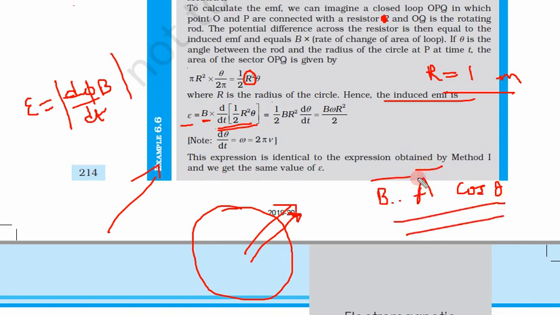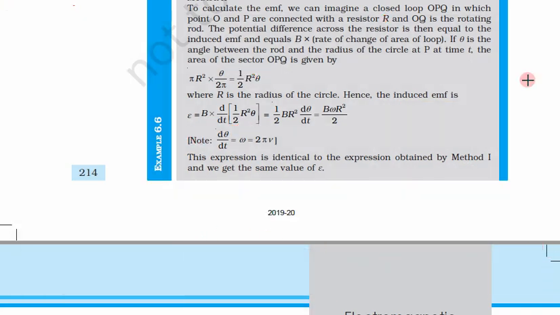So how is the area changing? The magnetic field is constant, and theta is equal to 0 degrees, so cos theta is 1. The area is changing, and because of that EMF is produced. Since area is changing, let us put this area inside. Now if we differentiate, half will come out, so half B. R is the radius of the circle, which is also constant, fixed at 1 meter, so R square also comes out. What we have inside is d theta upon dt.